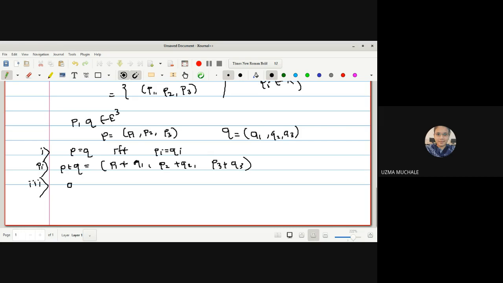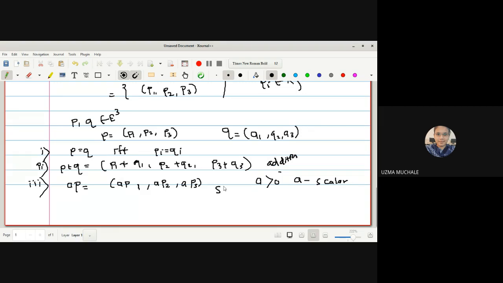How to find the scalar multiplication, that is A into P? We simply have to multiply A to every coordinate, that is A into P1, A into P2, A into P3. On the consideration that A should be greater than 0, otherwise all coordinates will be equal to 0, or we can say A to be any scalar. Okay, so these are the addition,